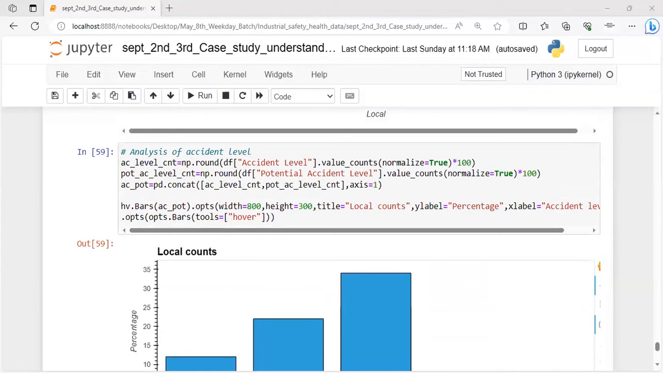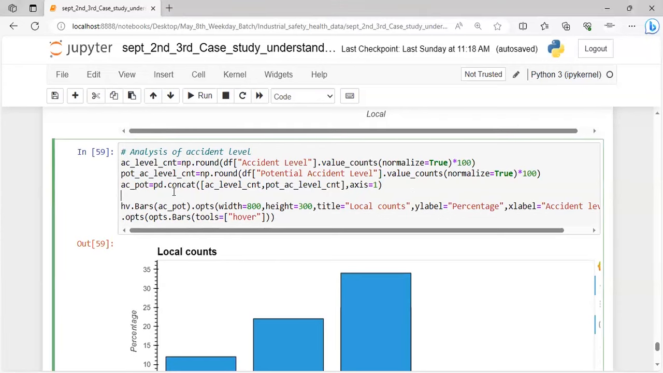Wait a minute, let me change something. Okay, suppose I write here AC pot equal to PD dot melt, AC pot dot set index, and we can